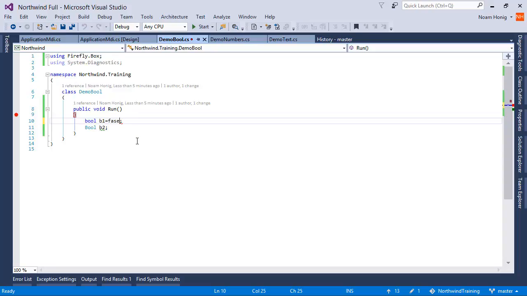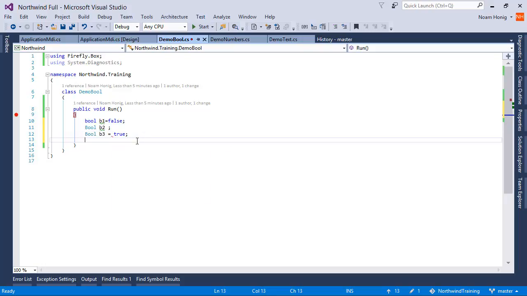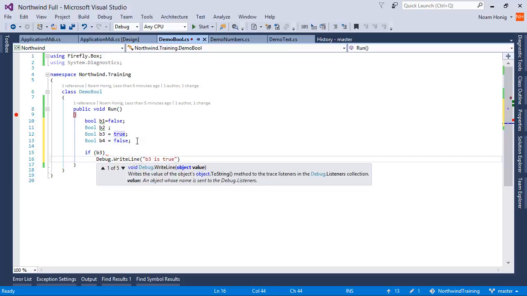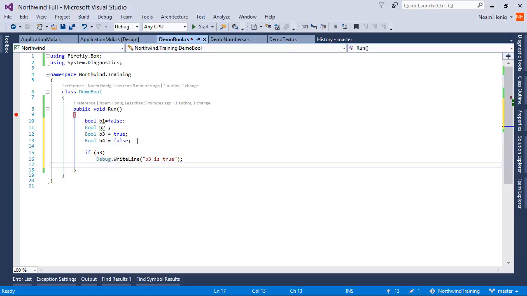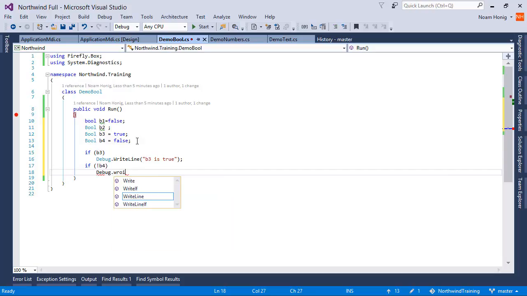Great. Now let's do b2 equals null, b3 equals true, and b4 equals false. Just like we can use bool, we can use Bool with a capital B. So I can say if b3, then Debug.WriteLine b3 is true. And I can also say if not b4, then I can say Debug.WriteLine